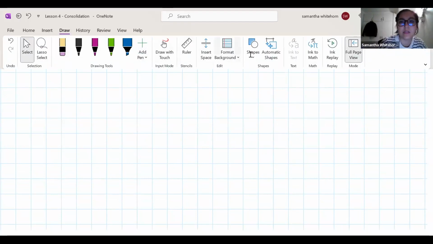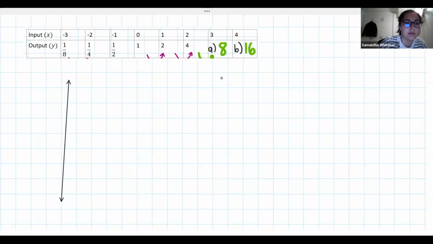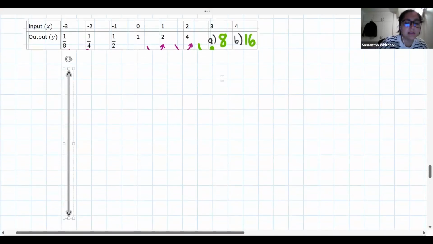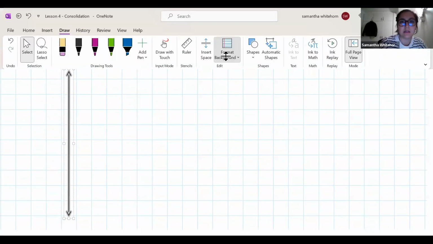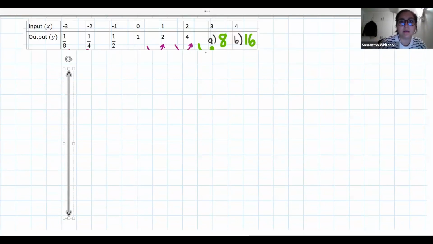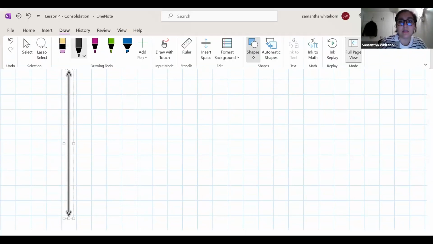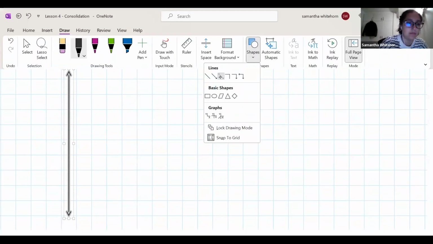I have made some choices about how I was doing this. So let's just see what happens. There's my y-axis. And, oh, golly. Clearly technology and I are not doing well. And here's my